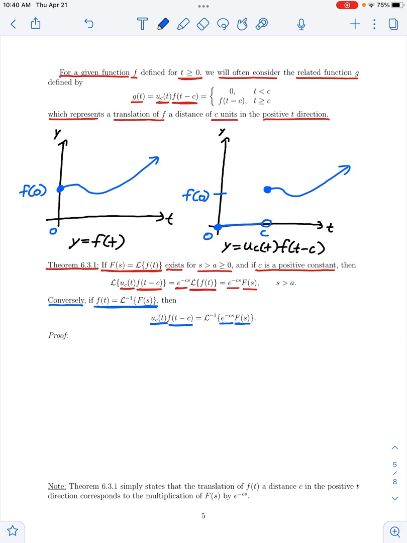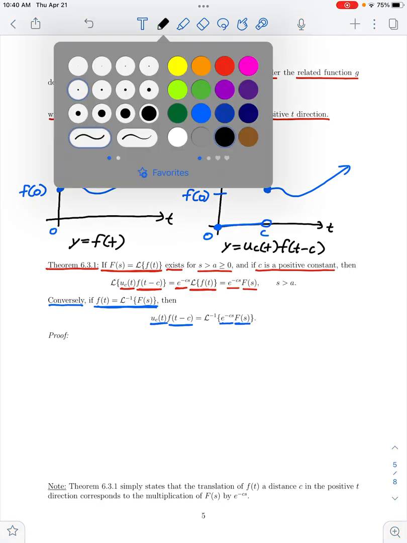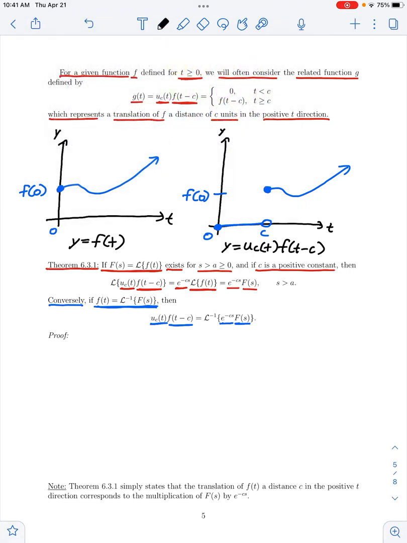Now this theorem is one of our more frequently used results as we're going to move forward throughout chapter 6. So let's take a look at the proof of this result. I'm looking for the Laplace transform of the unit function times f of t minus c,